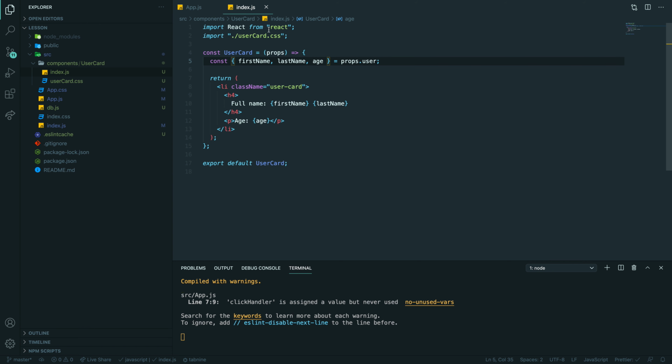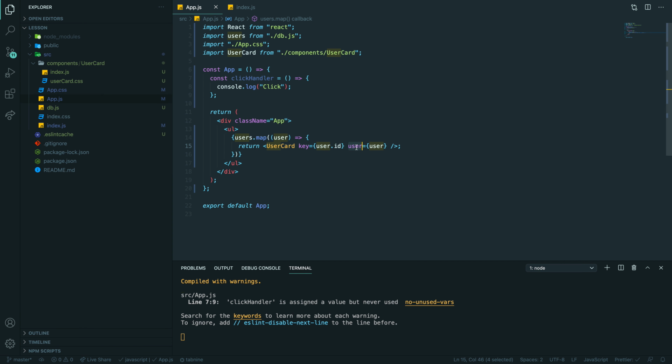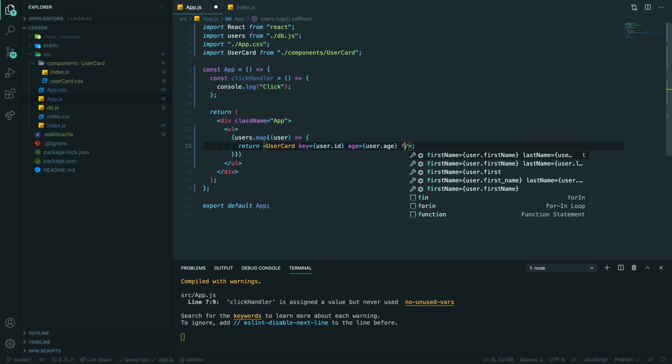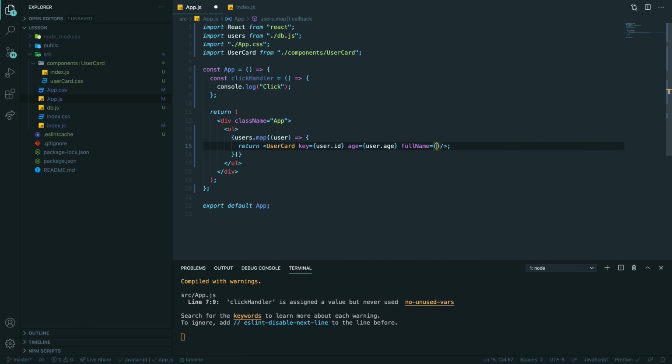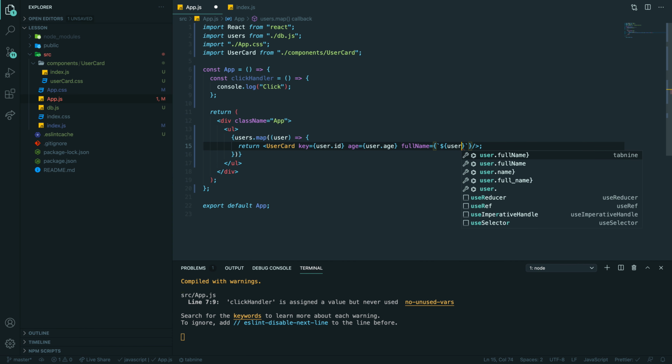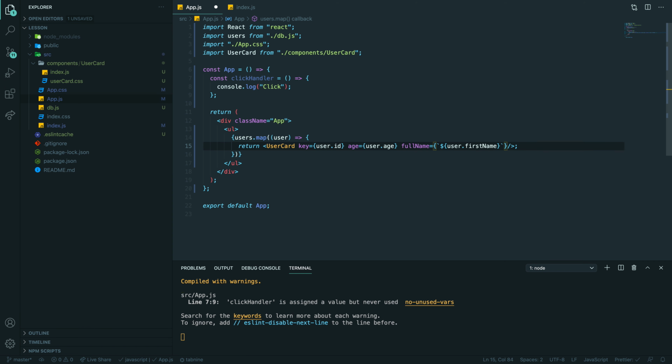Because we are passing just one user and we pass in redundant data. But we can pass user, for example, age, right? And have dot age. And we can have first name, or maybe we can pass full name. And here we can concatenate, right? As a regular variable, you can concatenate user dot first name, space, last name, right?